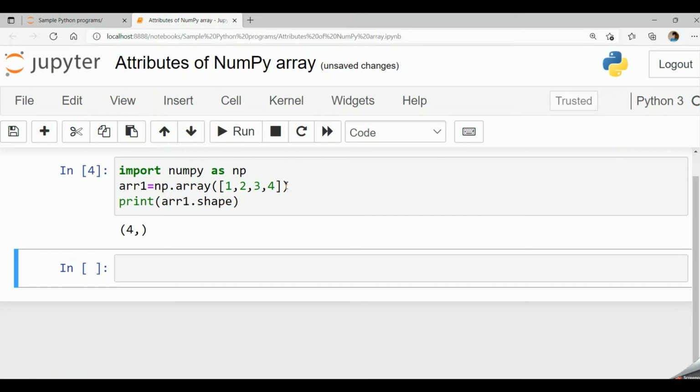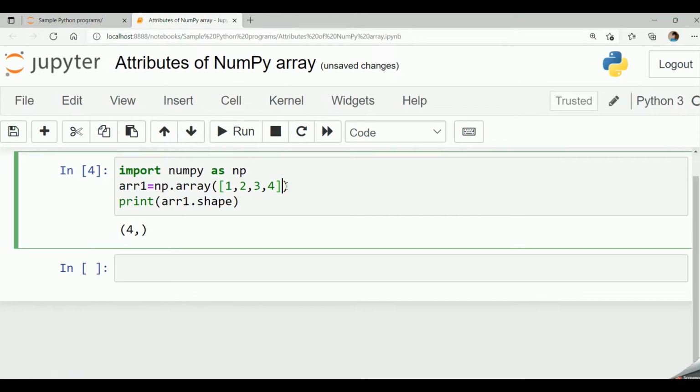Now if I consider a 2 dimensional array, 5, 6, 7, 8. So for 2 dimension, we have to enclose it within 2 square brackets. So now if I say array1.shape, it gives two dimensions in tuple format.